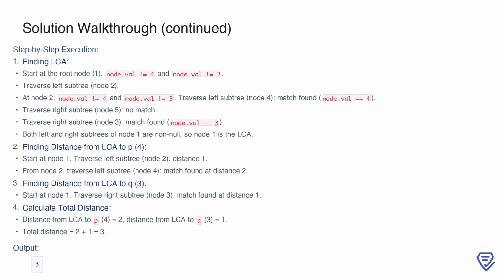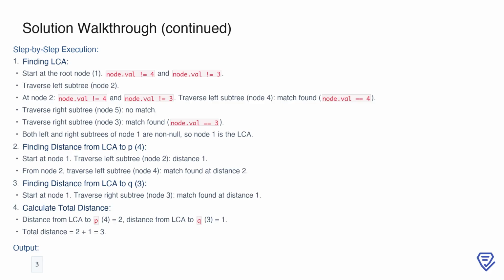Beginning at the root node, 1, we observe that it doesn't match either of the target nodes. We then traverse the left subtree, reaching node 2. At node 2, we again find no match and proceed to explore its left and right subtrees. The left subtree leads to node 4, which matches one of the target nodes, but the right subtree does not